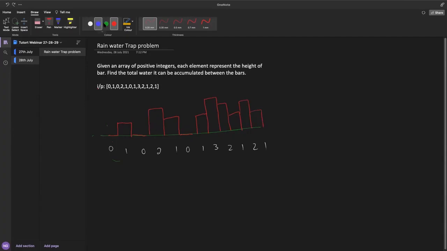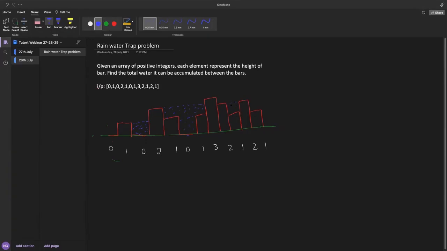Now you can see that there are certain spaces between these bars. Suppose a rain comes. What will happen is that in these blank spaces the water can be accumulated. Here also it will be accumulated like this. In all these blank spaces the water can be accumulated.